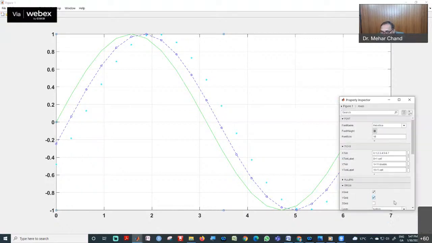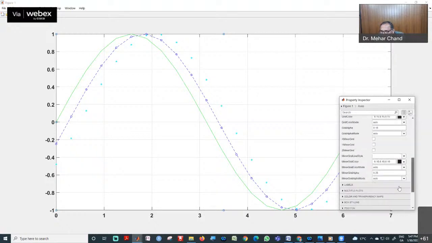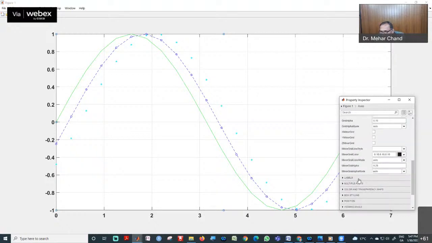You can see in here, there are grid options. I click at the X grid, then click on the Y grid, then click on the Z grid, and also there are layers. Okay, so according to your choice, many things are there, you can change them. Okay, boxing is there, which are required. So after editing,